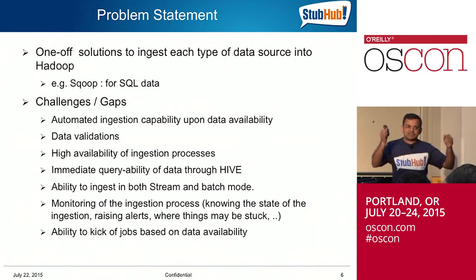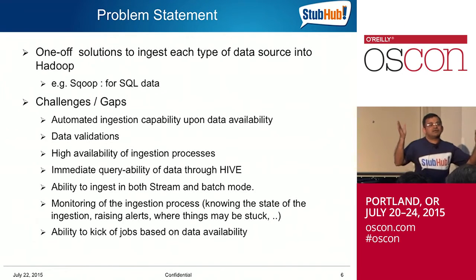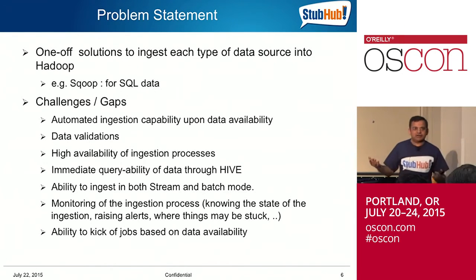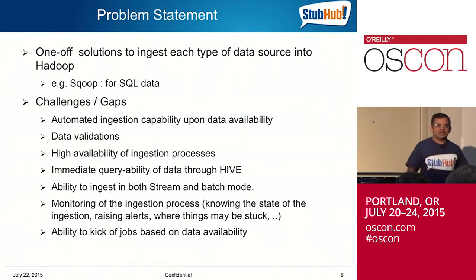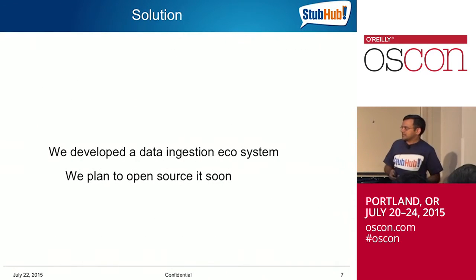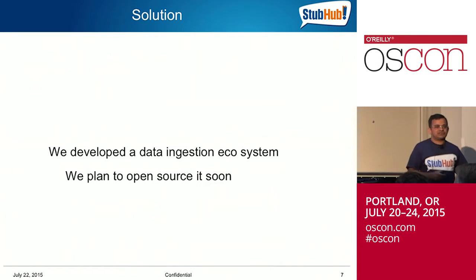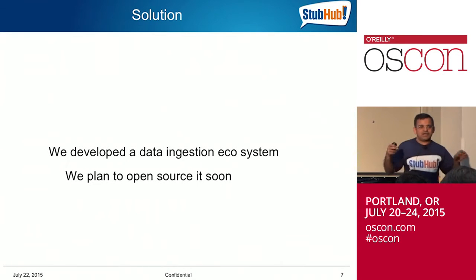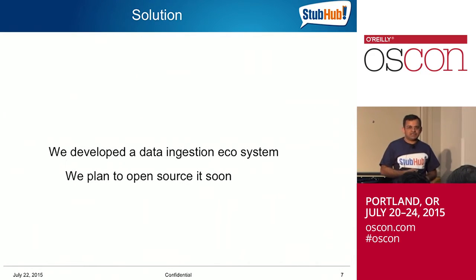And by the way, here is a schedule window. If the data does not arrive within that window, raise an alert. So somebody's got to look at it to see what's wrong. These are some of the capabilities we thought were gaps in existing frameworks, and so we decided to build an ecosystem. The result of that is we built this whole ecosystem, just the framework part, as well as all of the additional bells and whistles that I talked about, monitoring and data validations and whatnot.